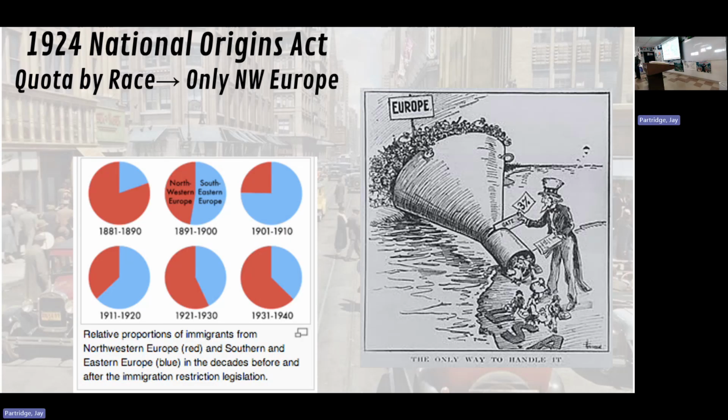And only people of the Northwestern European race would be allowed in any large numbers. Why? Because they were considered white. And then those who were not quite white, they literally categorized. And it became a big debate. What is white and what is not? In fact, it was a 4-year debate that ended up in the Supreme Court, where people from the brand new nation of Turkey, were they white?